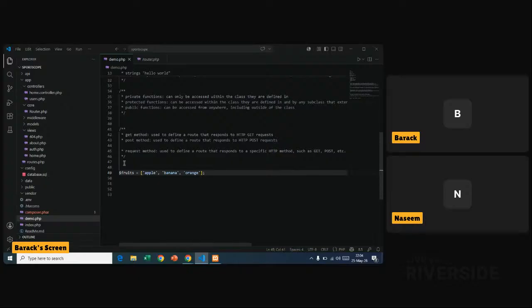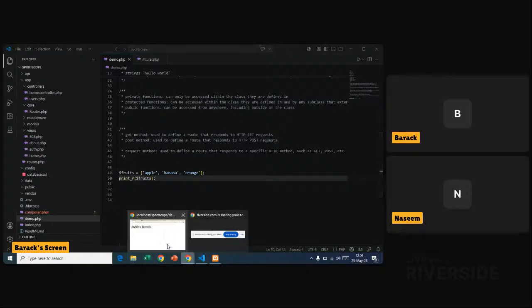So this array has three items: apple, banana, and orange. If you want to print out that array, you need to use print underscore r fruits, and this should be able to print this array